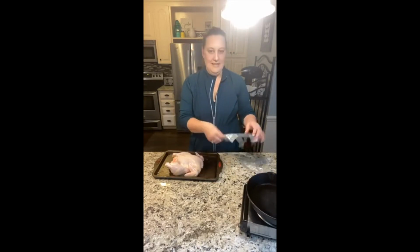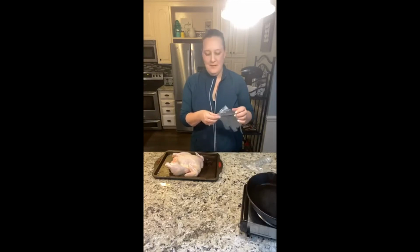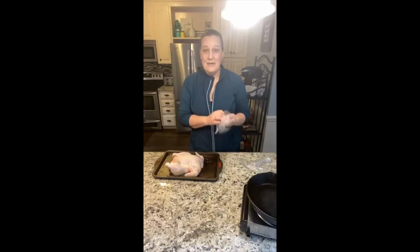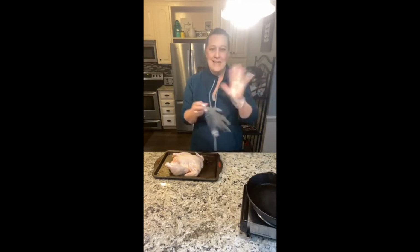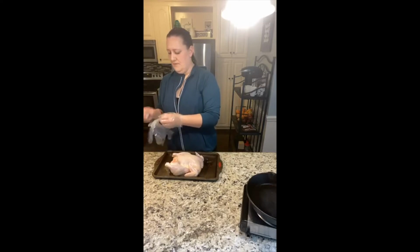So I'm gonna wear gloves. My sister is sending me messages and I can't read what she's sending because I want to be able to pick up the olive oil and stuff, and I don't want to have to keep running over to the sink. So I'm just going to wear a pair of disposable gloves so I don't get chicken germs over everything. Okay, so I'll put these on. All right, so